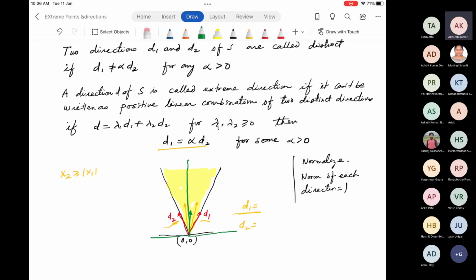Right? So what is the direction at 45 degrees, in the first quadrant and the second quadrant? Sir, 1 by root 2, comma 1 by root 2. Yes, when I normalize it. But if you look at it directly, it is just (1, 1) and (-1, 1). I'm giving the direction directly, not the normalized one. If you further normalize it, it will give you that. But any other direction for this convex set you try will be within 45 degrees. Only these two directions will be your extreme directions.